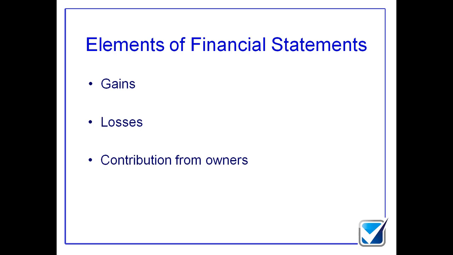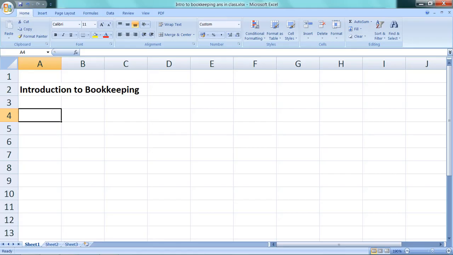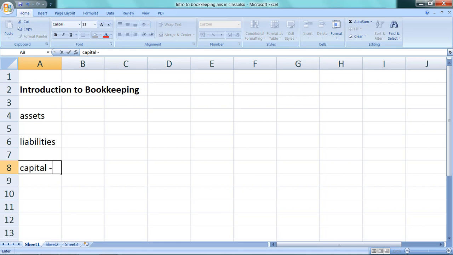Okay? So what we've actually got within our balance sheet, within our statement of financial position, is assets and then liabilities, and then we've got the capital, which is my ownership. What effectively happens is, as my owners put more money in, the capital will increase. As they put their money in, that means my assets will increase as well.